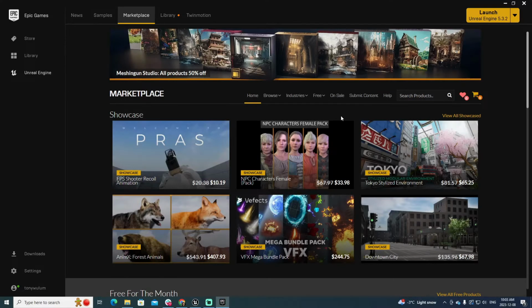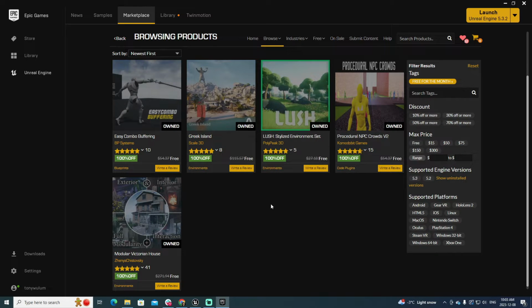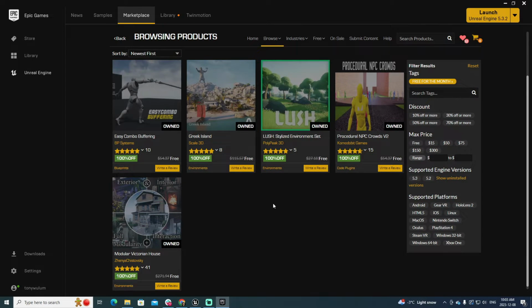And once we load the marketplace, you have an option that says free and one particular that you have to visit every month, guys, which is the free for the month. So I always download all the new assets offered in the marketplace that are free. If you can see here, we have ones that cost 54, 115, 27, 54, and 271. So we're talking about more than $400, maybe $500 just in value of the marketplace that you can get for